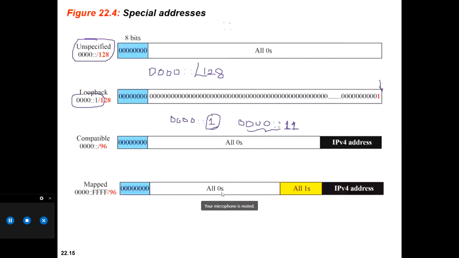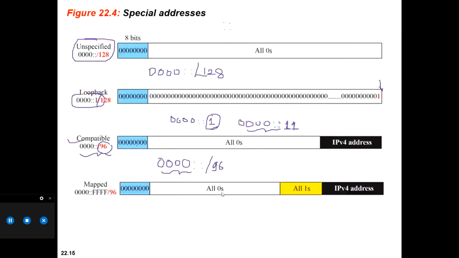Okay. Here this tells that this is compatible. Compatible क्यों? क्योंकि 96 is your notation. That means 0, 0, 0, colon. When you say 96, that means up to 96 bits, you will continue your 0. That means all previous 96 bits are 0.